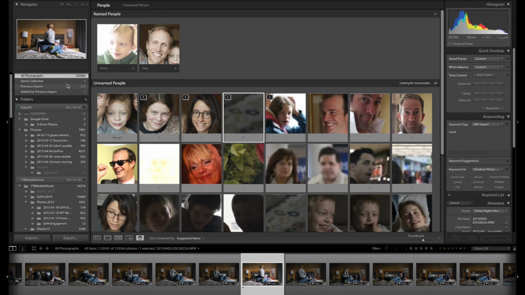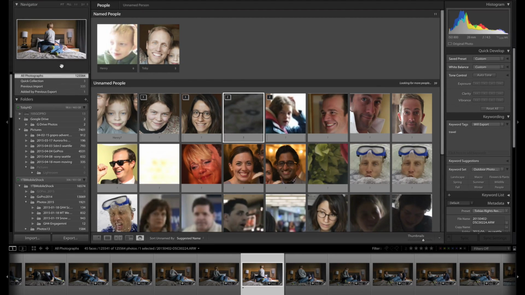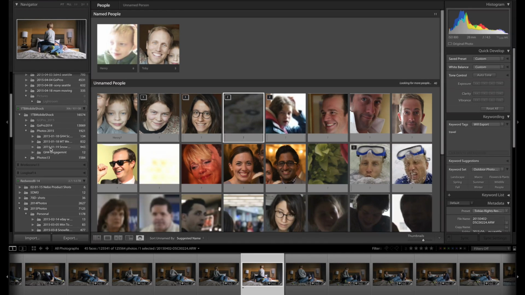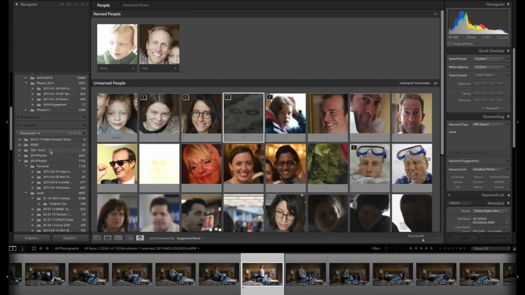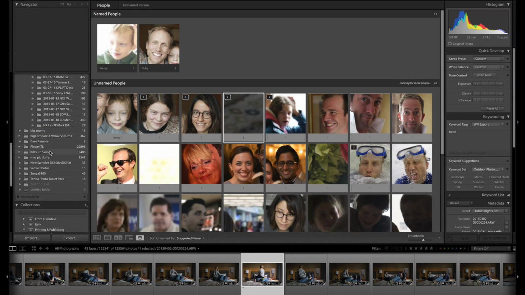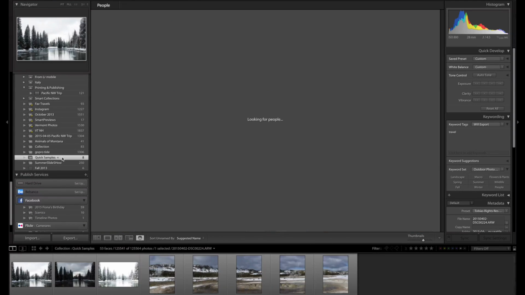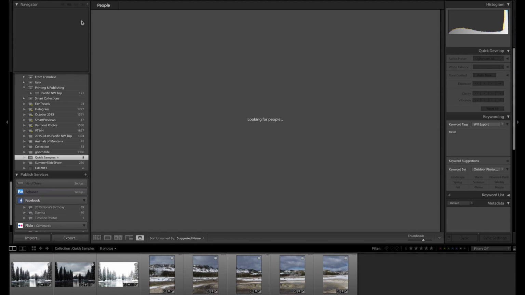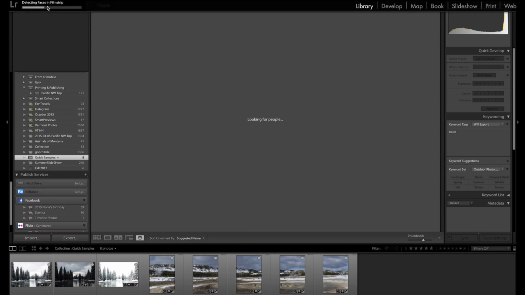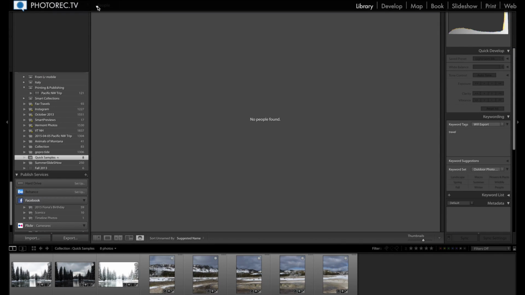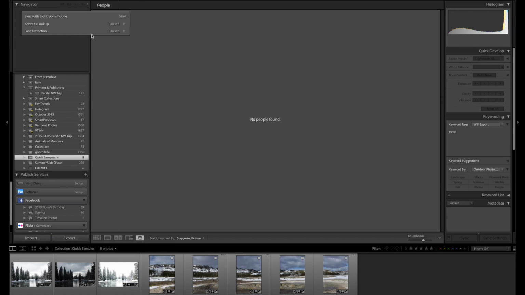Actually, I think what's happening is I did give it permission a little while ago to look it up in a current film strip or collection, and so now it's going through. If I move out of this collection, though, I'm going to come down here in my messiness to a quick samples. And it should stop. Well, it's going to detect faces very quickly now in this because it is limiting its face detection currently to the film strip. And we should be able to come back up in here, and